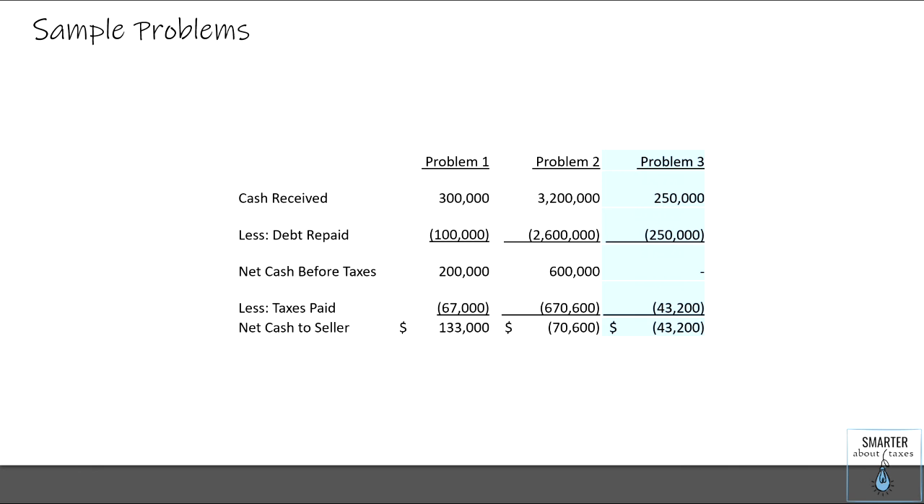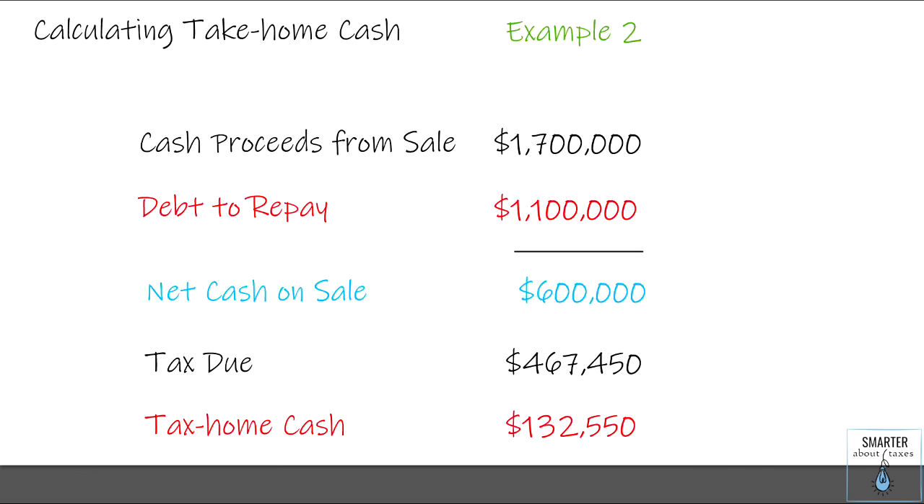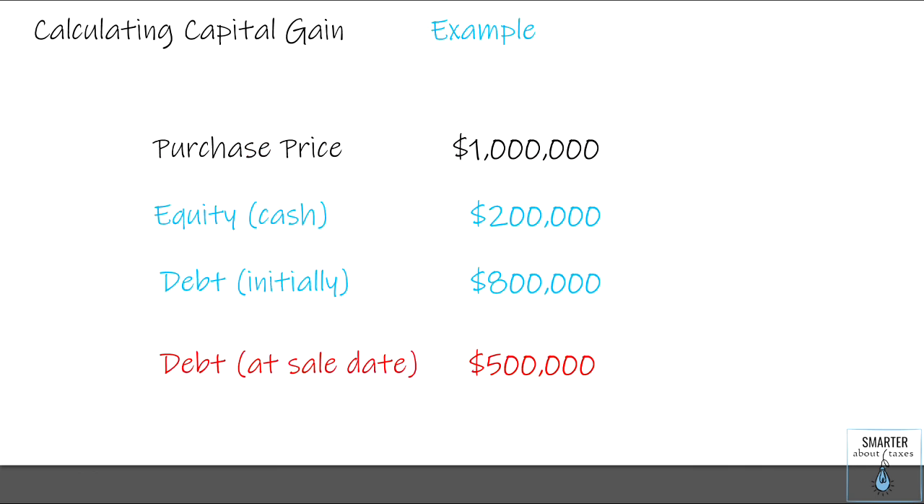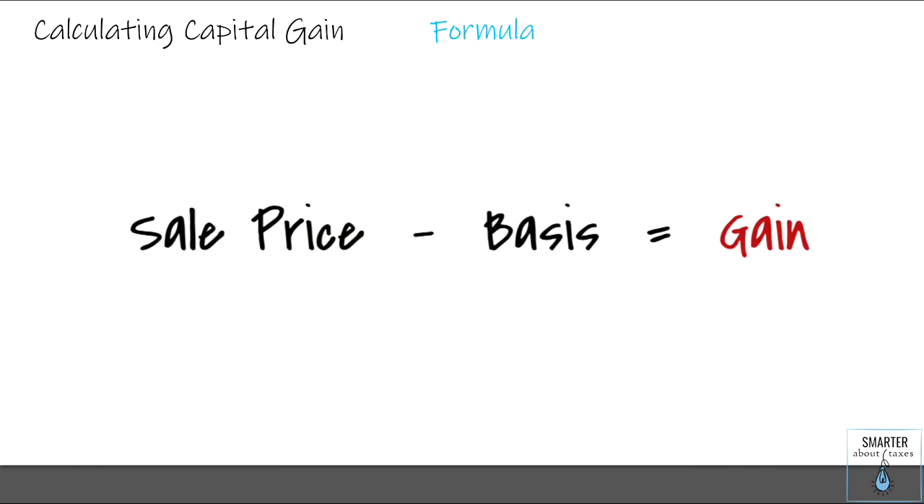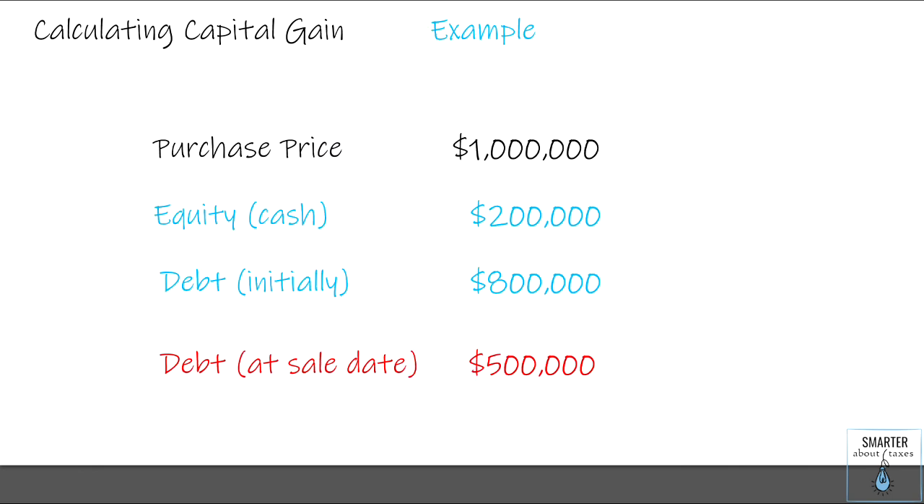But that's calculating capital gains. And those last two problems kind of showing you that your cash that you receive has nothing to do with the taxes you're going to pay. That's the point of this whole video. I'm going to go back one more time, just remind everybody this is our formula. Sale price minus tax basis equals gain. So if you can get that straight, I'm going to go all the way to the last slide,